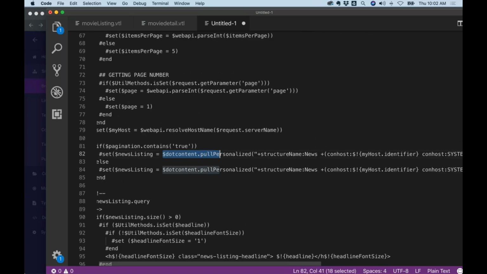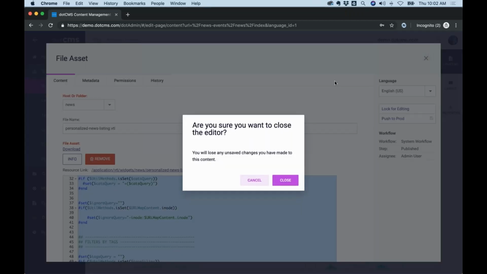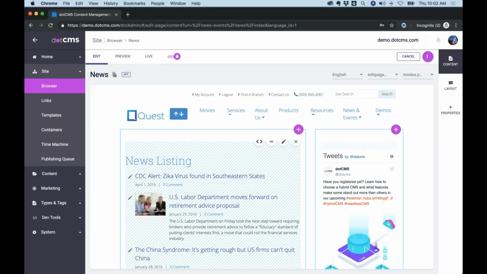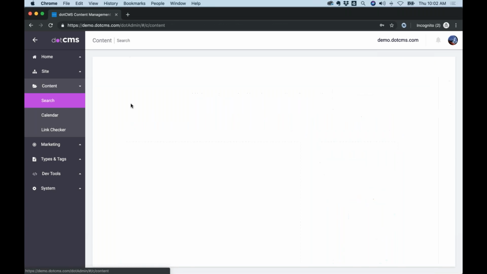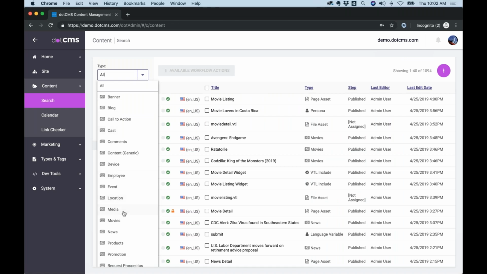Here we're using this method .content.pull personalized. Okay, so it's going to take the persona into account in the query and prioritize the items that are personalized. So since the news listing is already doing that, all I have to do is, for the session I already have in the other browser, create a piece of news content